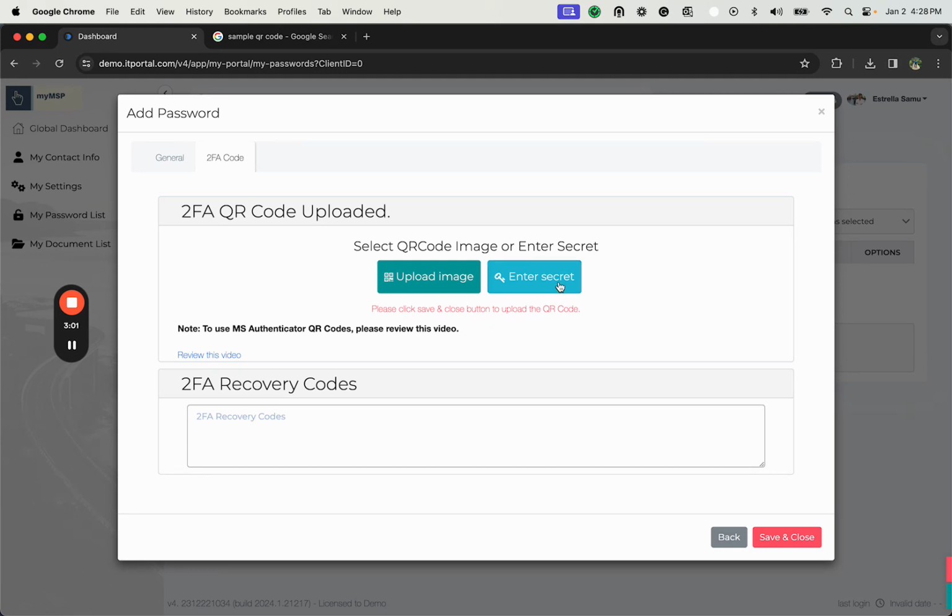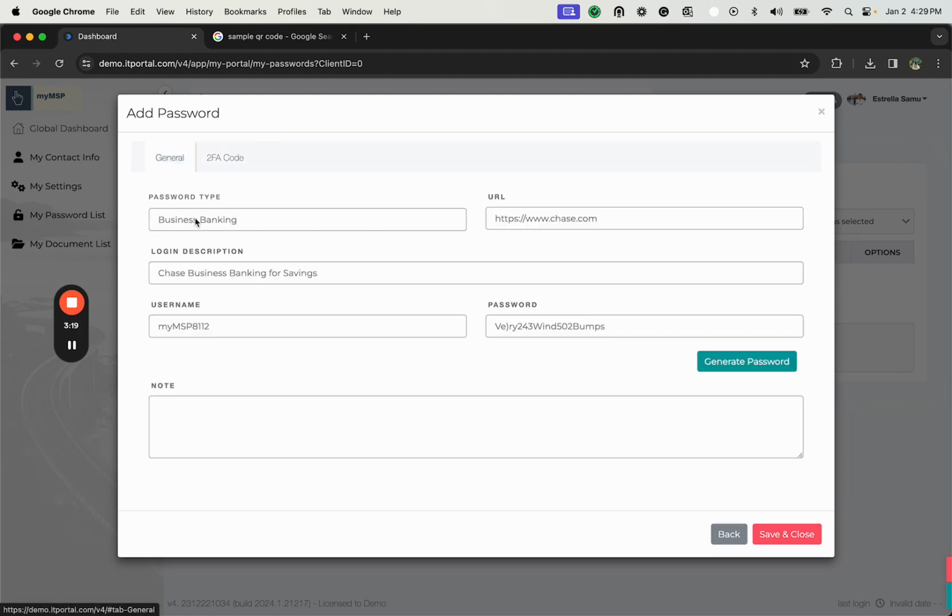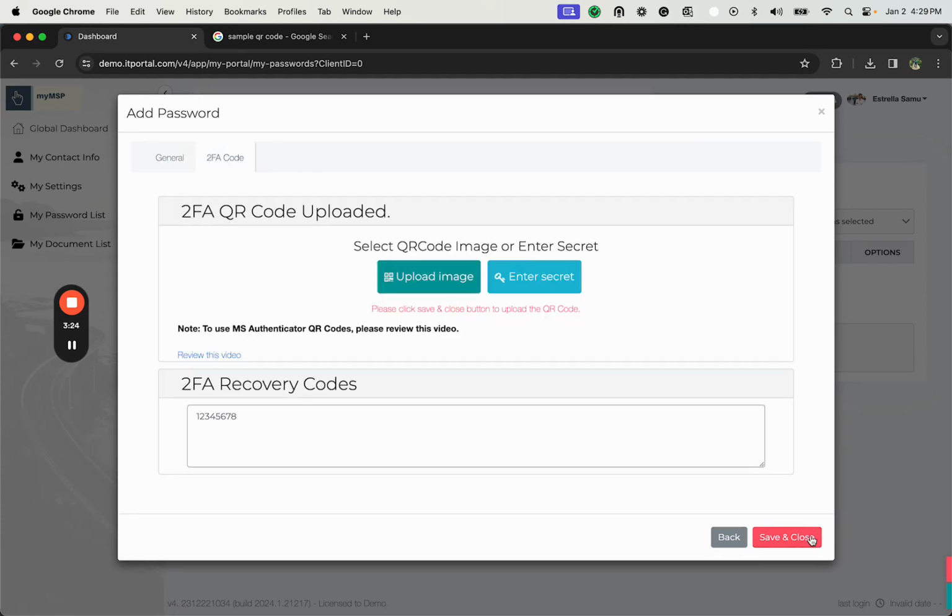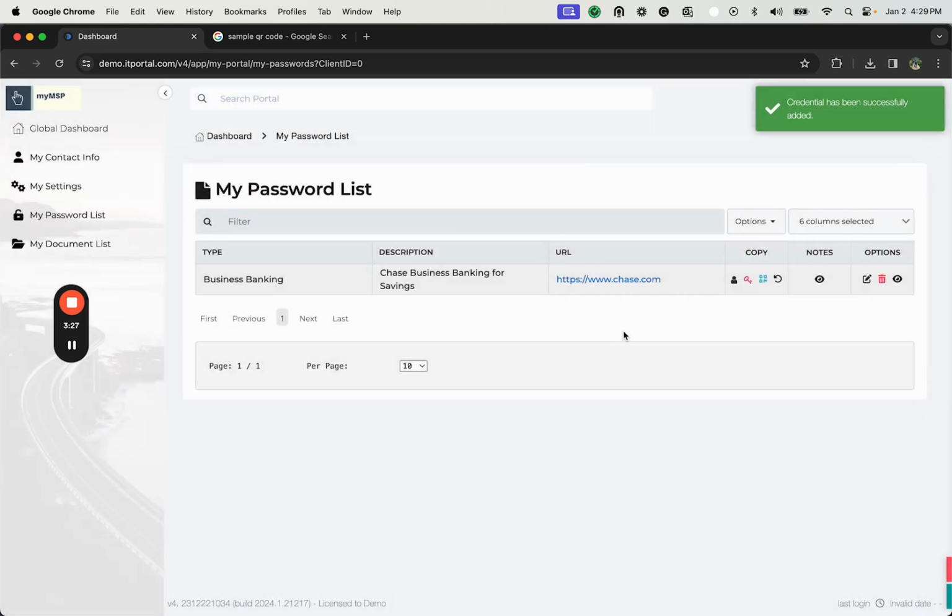Some websites may not have a QR code. They may have a string, a secret, and you can also use this button here to enter that. If you have any recovery codes, in case you lose your 2FA code, some websites give you recovery code options. You have a field here where you can store those as well. So just looking through this. Now that I have everything stored, I'm going to go ahead and hit save. And at this point, you do have options to copy to clipboard your username, your password, and your 2FA code. We also have some additional options here as well for those